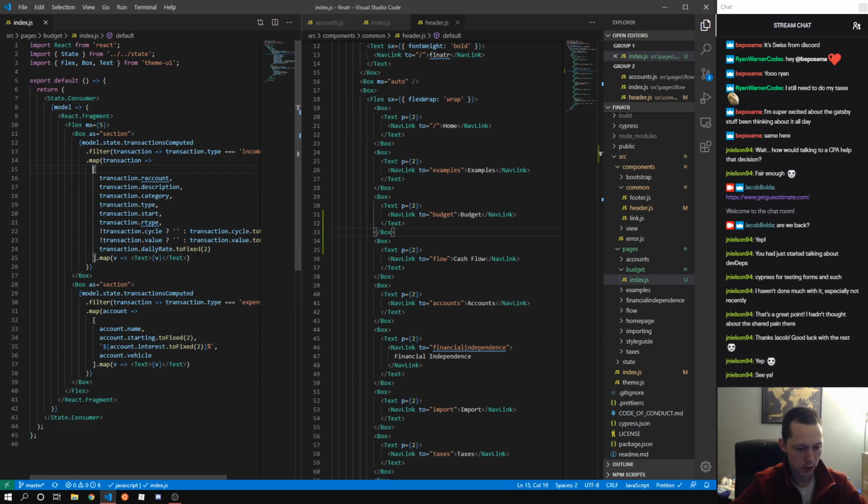So what we can do here is, well, if we have a transaction, if we potentially filter down to nothing, so if we don't have any expenses, for example,